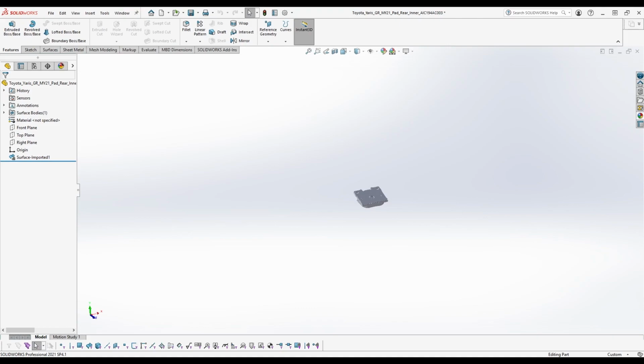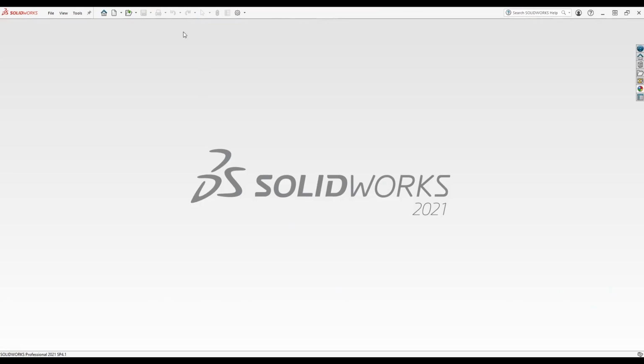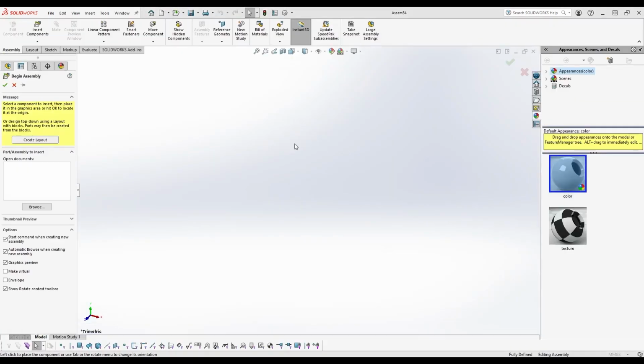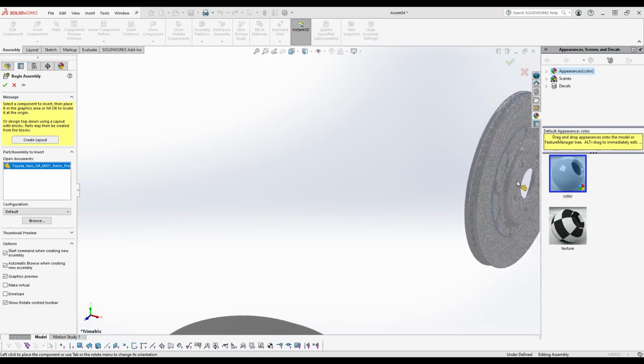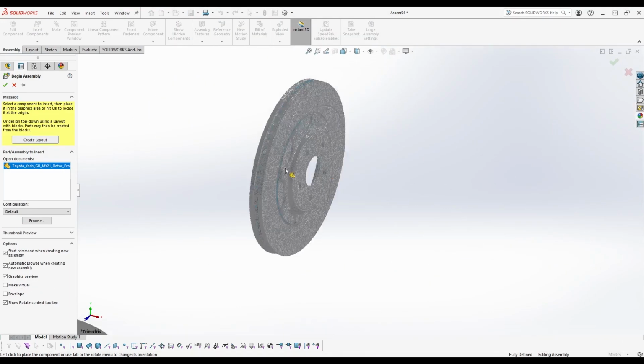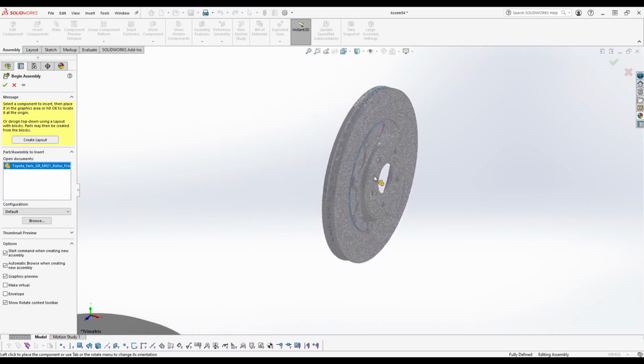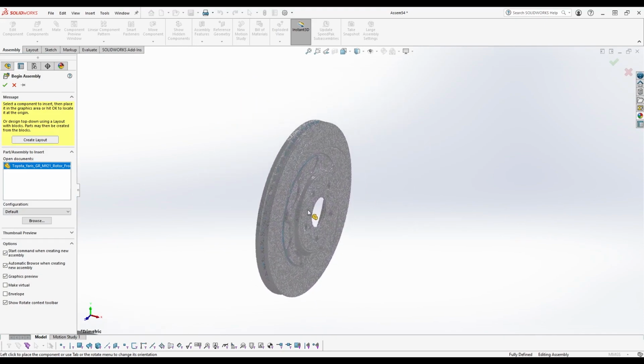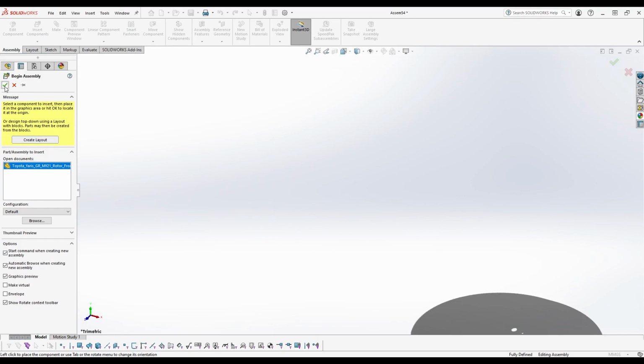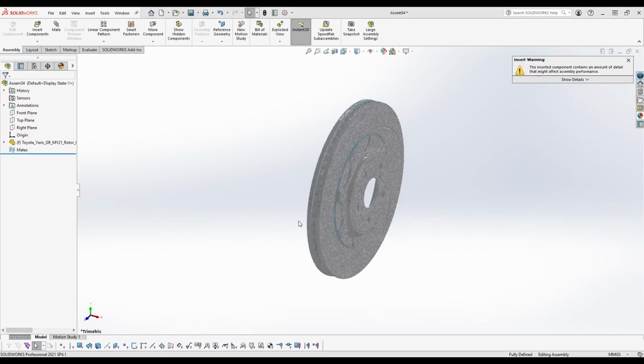From now on, we're not going to save that. What we want to do is create a new assembly, and we're going to start bringing parts in. I'll start with the brake rotor. Now, this again is very, very important. If I click and place this in the window, it will put it wherever I've clicked. However, if I just tick, it will actually put it with the coordinate systems aligned between the part and the